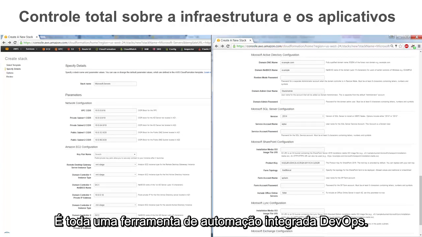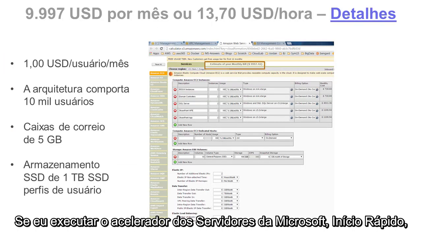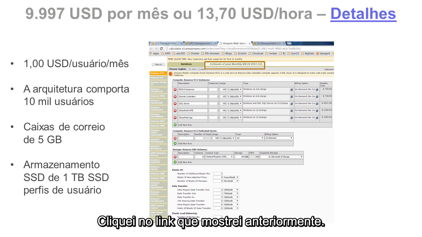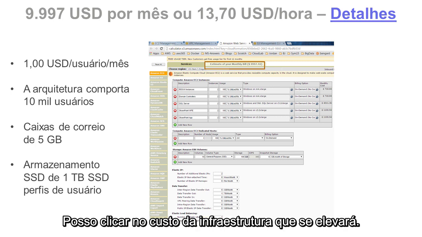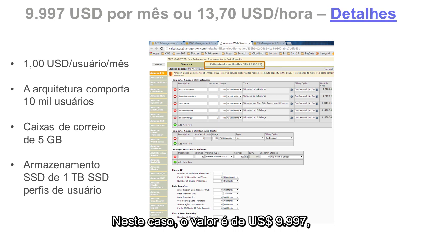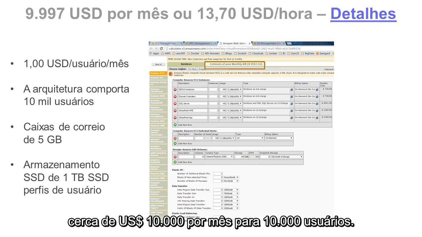So this is all one integrated DevOps automation tool. Now, if I run this Microsoft Servers accelerator quick start, I've clicked on that link that I showed you earlier, where I can click on the cost of the infrastructure that I would be standing up. And in this particular case, it comes out to about $9,997, approximately $10,000 per month